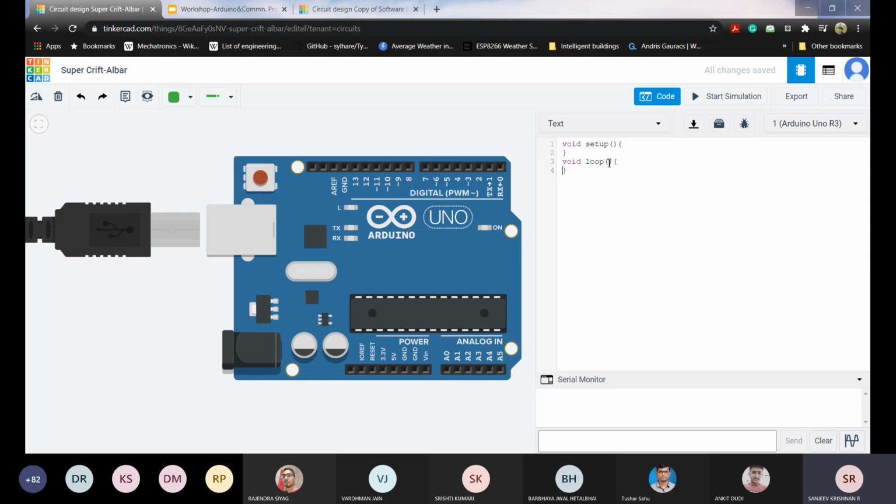So void setup gets executed once, and void loop gets executed after setup, again and again in a loop. Now let's see what we'll do. Whatever we have to set up for this program to run, we do it in void setup, and whatever has to go in a loop will be written in void loop, right? So in void setup, what we'll do first